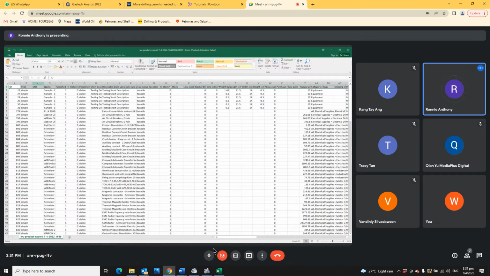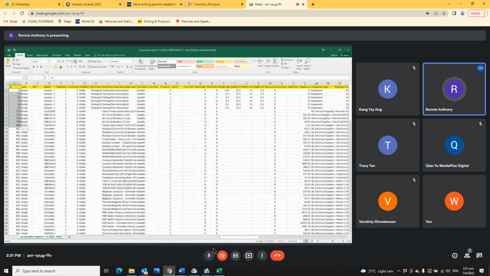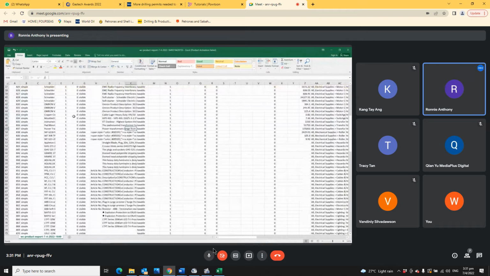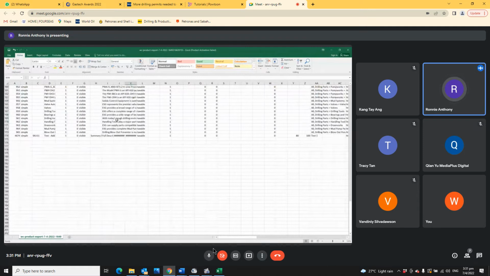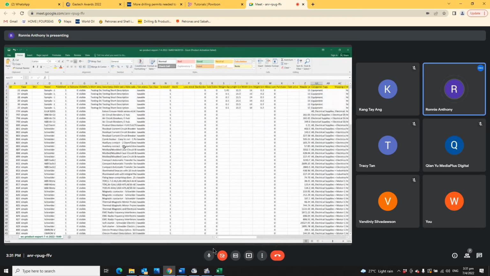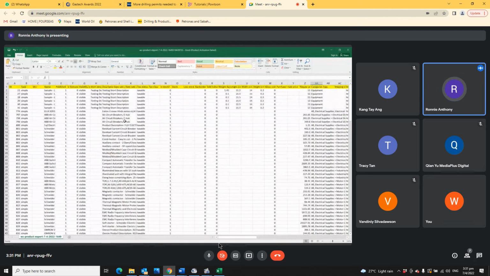So this is the current product that you have. What you want to do is just add your new product to this list itself. Then you just follow the same method, the same information as this one. But because this one has a lot of different columns, this one will need a separate